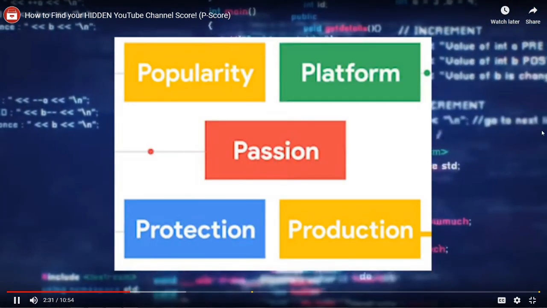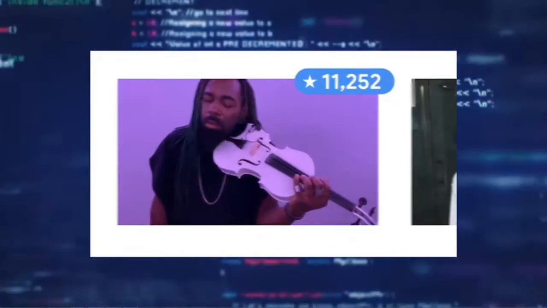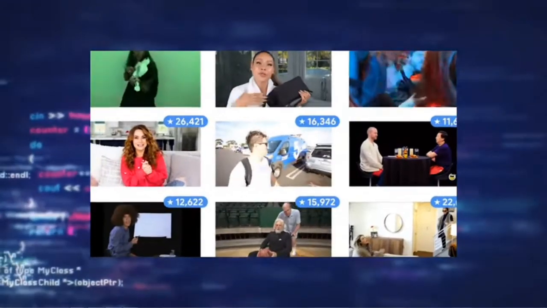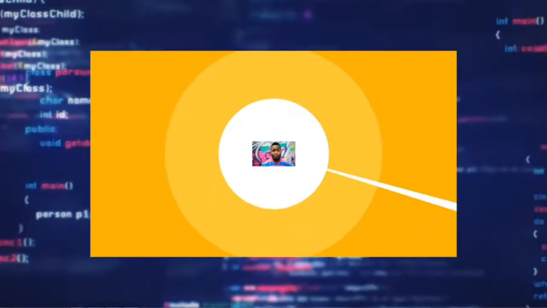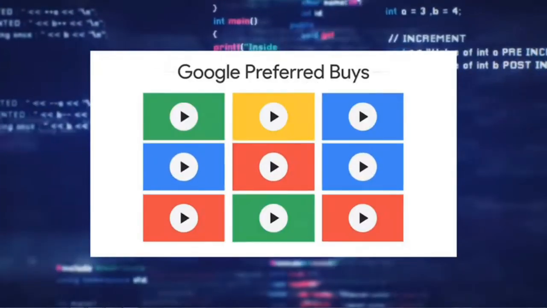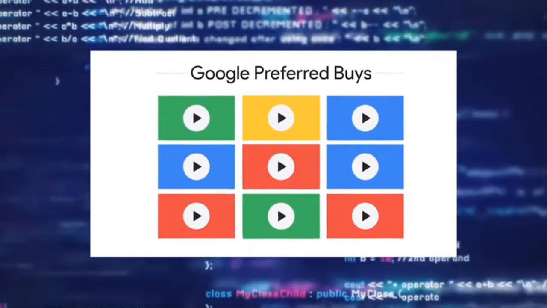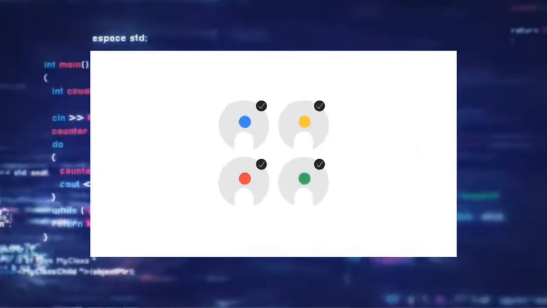An amalgamation of these 5 characteristics that are used to determine a score for your channel, and based off your channel's score, that is how you will be promoted in the algorithm, since being promoted in the algorithm is directly correlated to the type of ads you get on your videos, which is directly affected by how high your P-score is. Think about it. What type of videos would YouTube want to promote in order to make the most money? Videos that have the most premium ads on them. And how do they determine which channels get those premium ads?